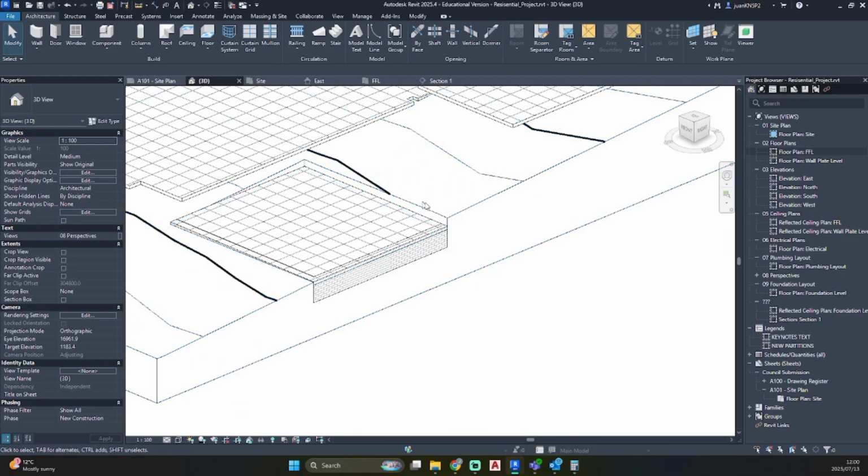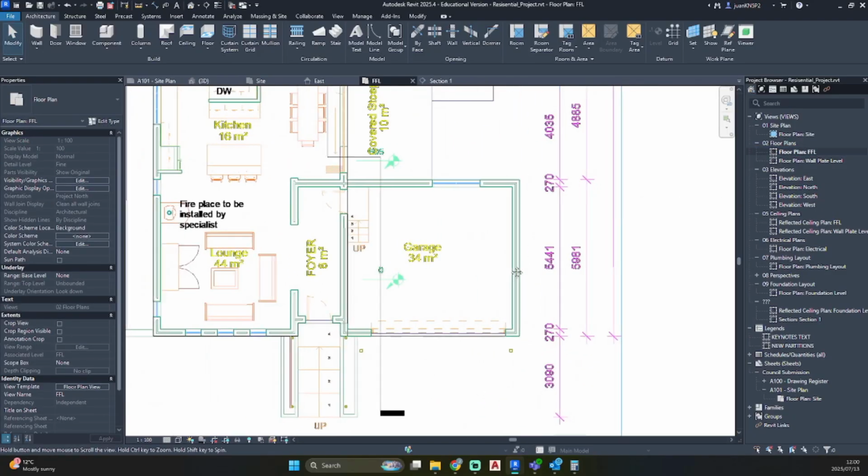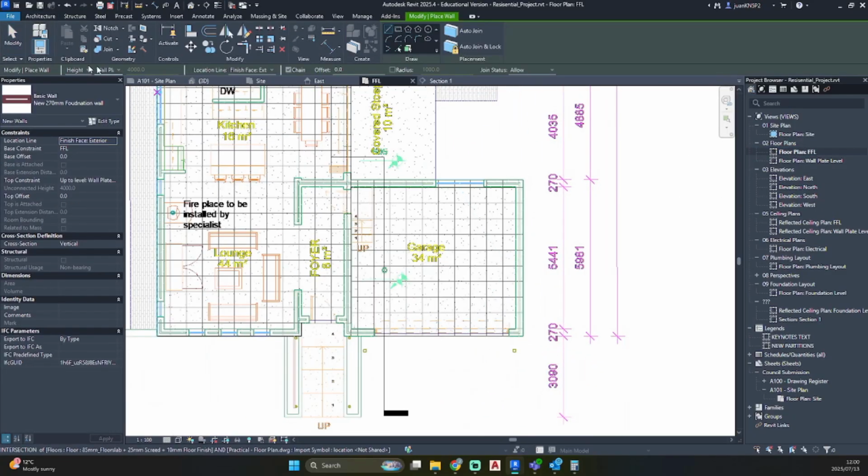So let's draw in the back side of our wall. So let's go WA on our keyboard. You'll see Revit will be auto selecting the previous wall that you have used. So make sure your location line is on finish face exterior.